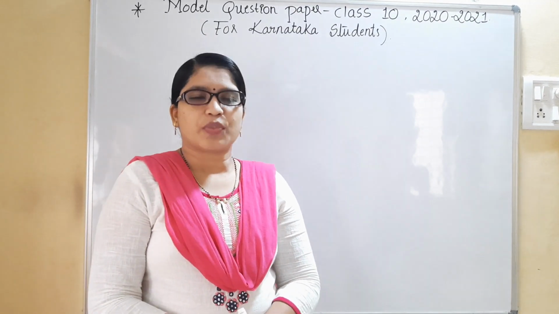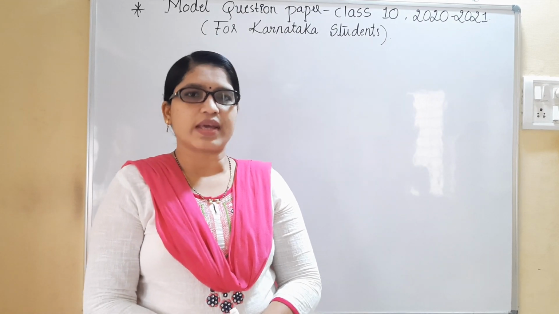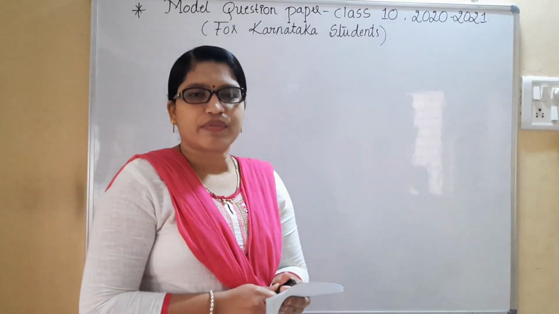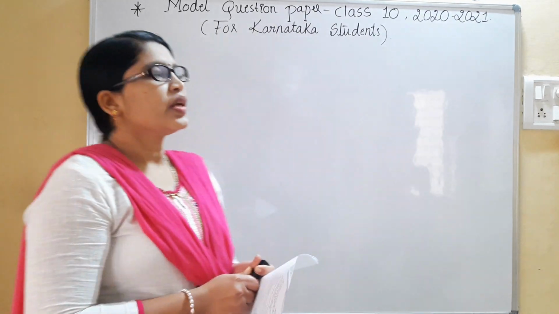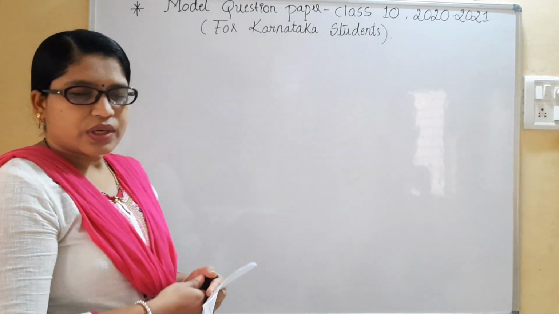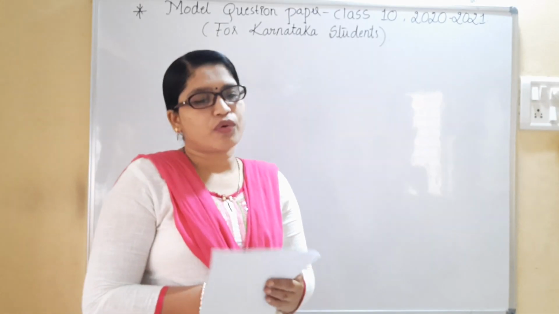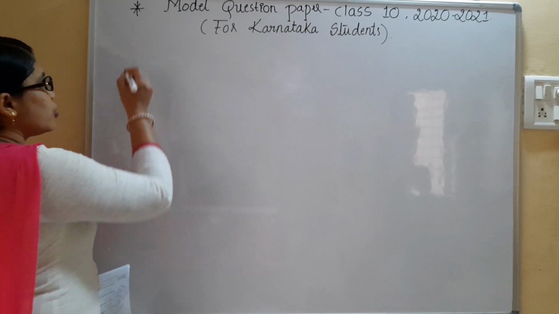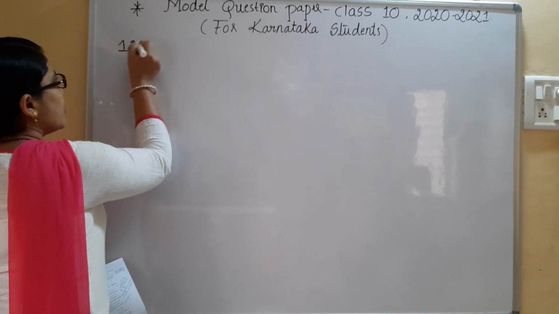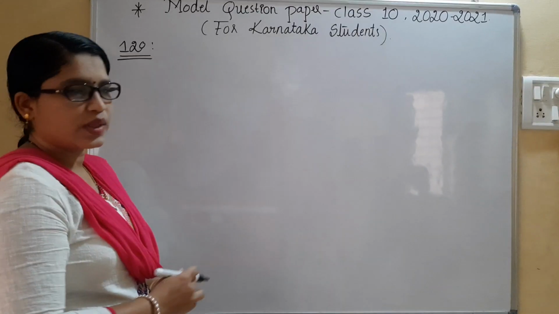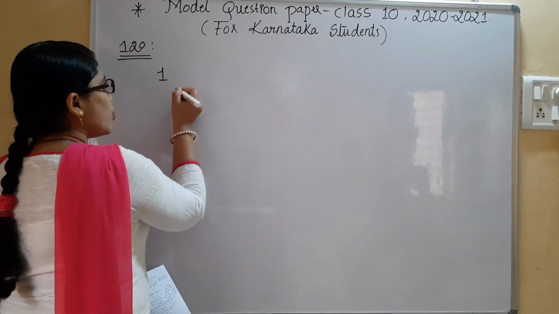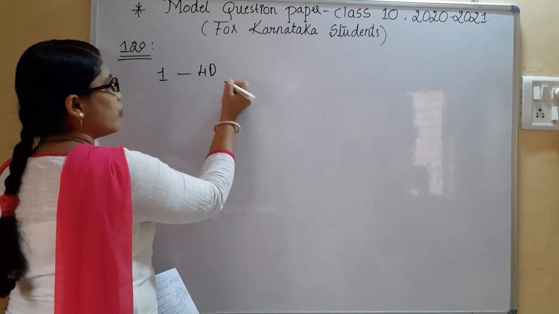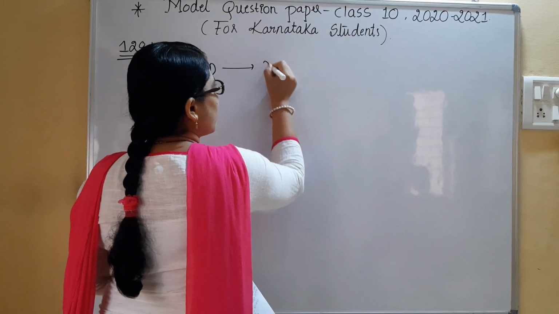So before I start with the questions, I'll explain how exactly the pattern is set. The pattern of examination which you are going to write is completely objective type, four options will be given. Out of four options you are supposed to find out the correct option. So I must tell you there are totally 120 questions that have been set. From question number 1 to 40, all the questions are from the mathematics part.